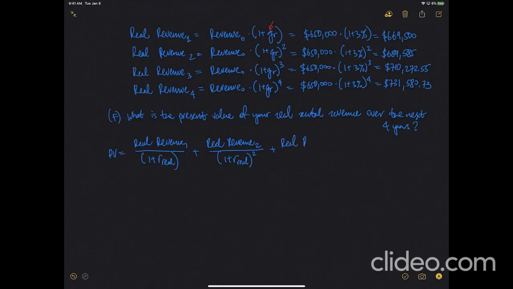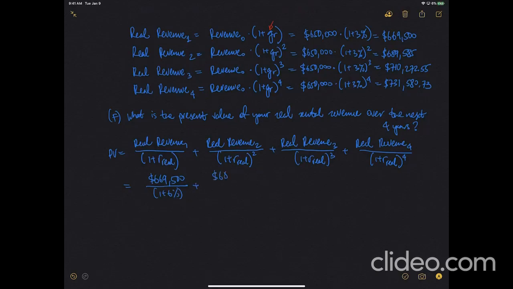Then real revenue in year 3 divided by 1 plus real discount rate raised to the power 3. And finally, real revenue in year 4 divided again by 1 plus R, that's real discount rate, raised to the power of 4. So putting this together, we get $669,500 divided by 1 plus 6%